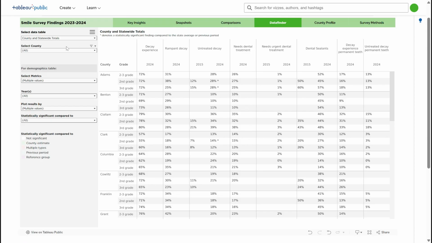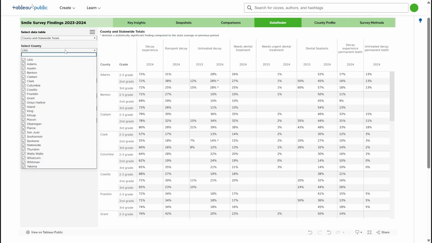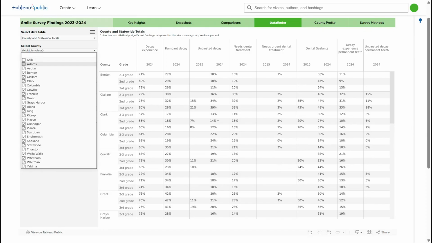If you want to dive in and focus on a single county, you're able to do so by narrowing down the list of counties by unchecking boxes. For example, by removing Adams County from our view. By unchecking the box, you simplify that data table. This can be helpful if you are someone who's focusing on only looking at a few counties, perhaps in your